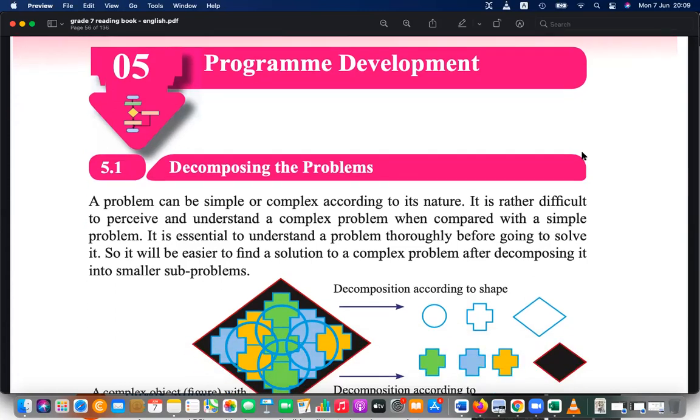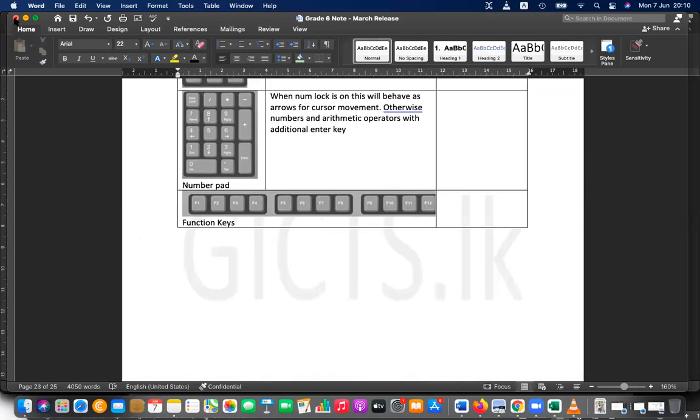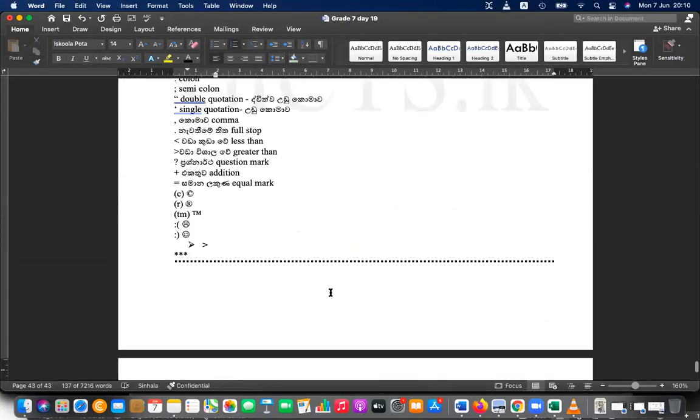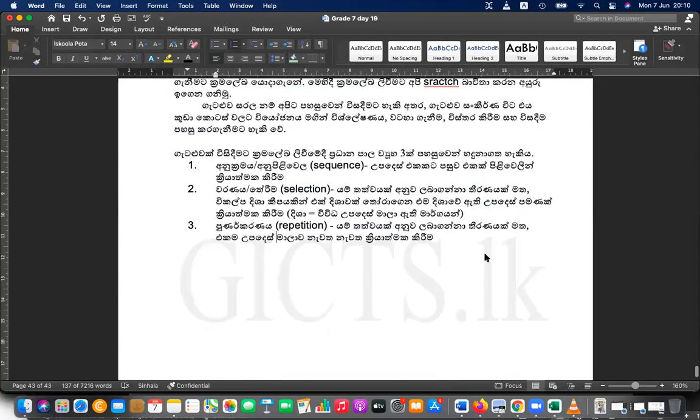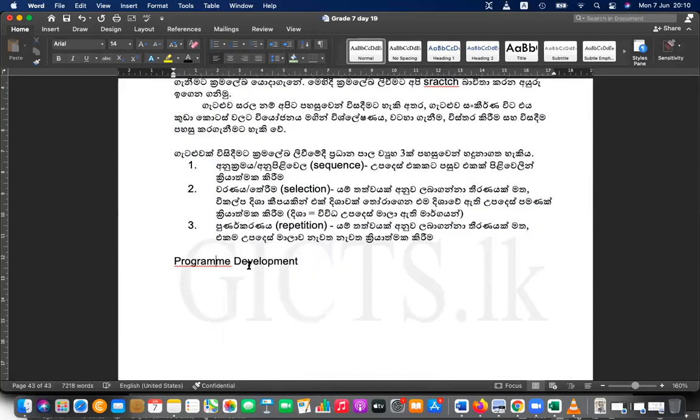Okay, so please write down the heading program development. That is the chapter today. We are going to discuss the heading program development. Program can be spelled PROGRAM, or PROGRAMME is also okay.